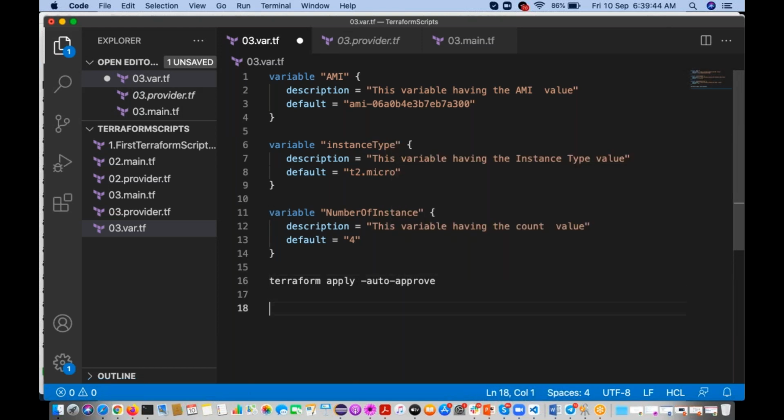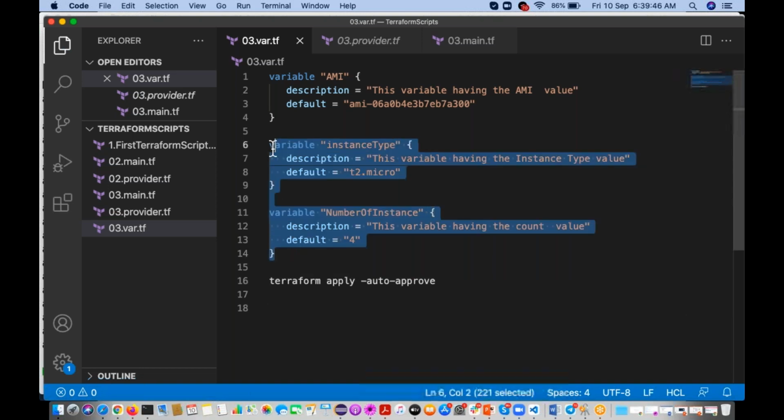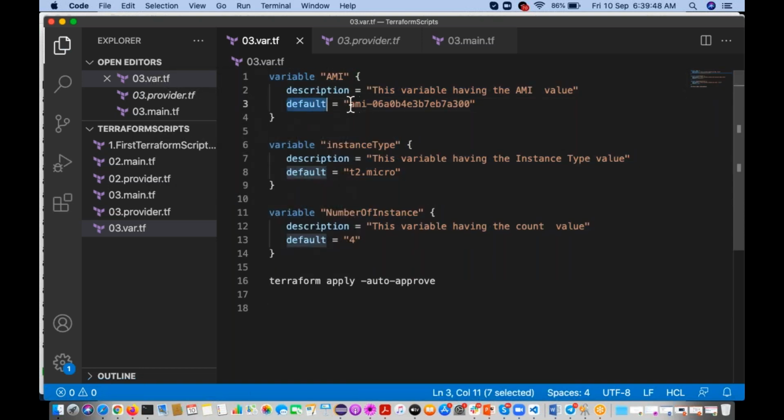What will happen if you use it like this? Whatever default values are there, these values are going to be taken. Instead of taking these values, is it possible to pass the variable values dynamically?